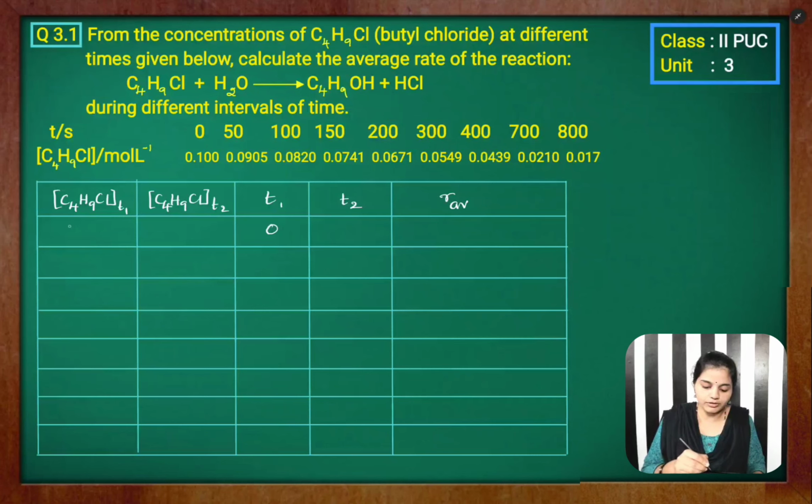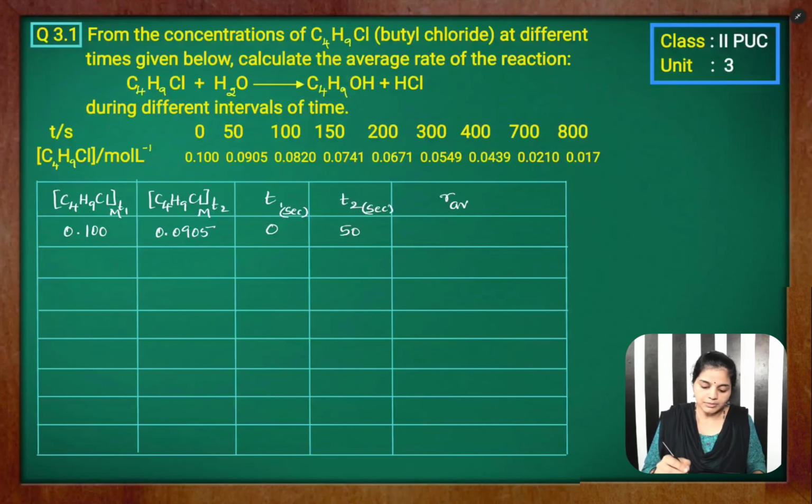The corresponding concentration is 0.100. T2 is 50 seconds. Time T2 is in seconds, T1 is also in seconds. Concentration is given in terms of mole per liter, that's molar, both in terms of molar. For time T2, the corresponding concentration is